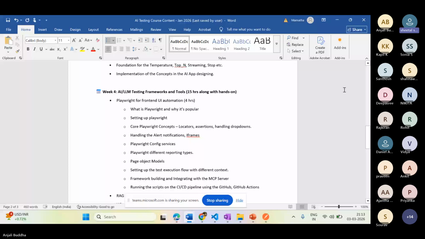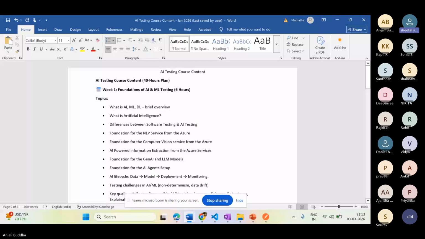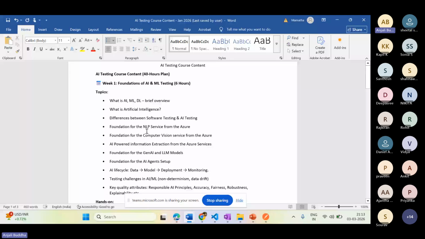Yeah, I have a question. I can see the content like vision, NLP and all this. Are we going to create some models of our own? Are we going to cover how to train a model? No, we are not doing that. I'm just showing you how exactly we can use pre-trained models. If you want to create those services, how to create them from the Azure end, and how exactly we can use that particular model in our code base.